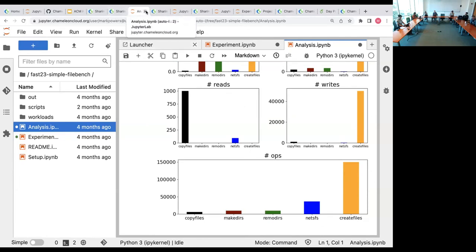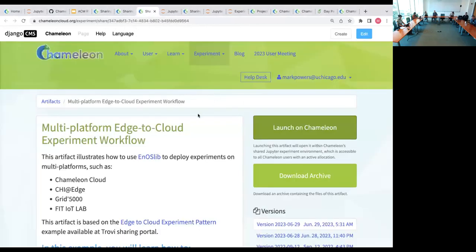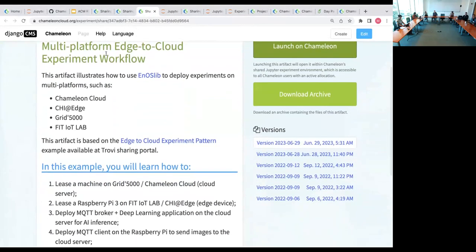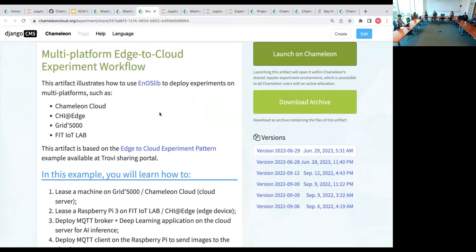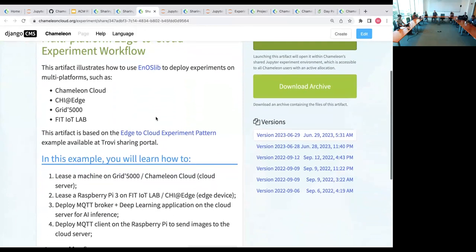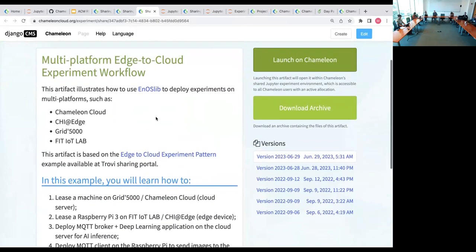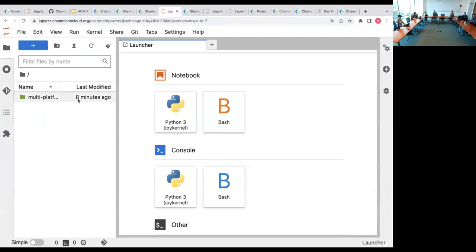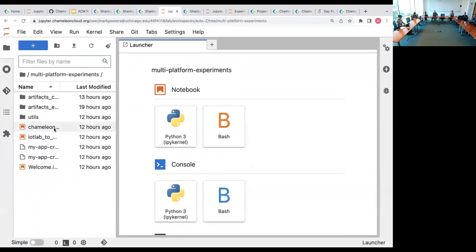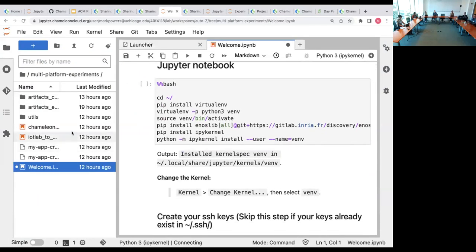And the next one I would like to show off in this vein is the one Daniel presented on yesterday, the multi-experiment edge to cloud workflow. AOPS was the name. And he mentions here this is based on an edge to cloud experiment pattern. And he has extended this to make it work with other testbeds, showing that you can run the same workflow on these various environments, not just Chameleon. And I'll just open it up and show off. He has some nice features. So I think under here,